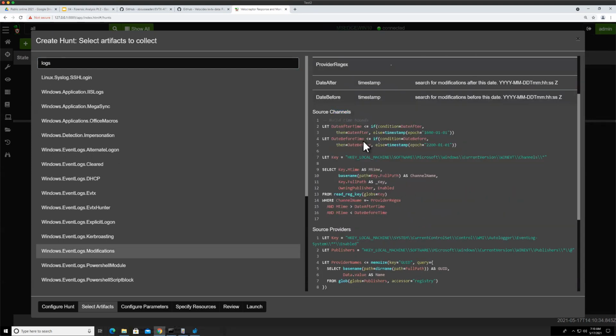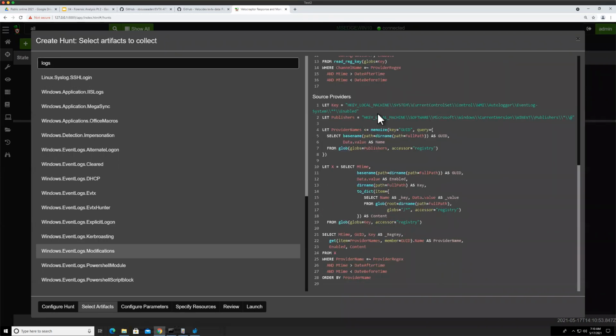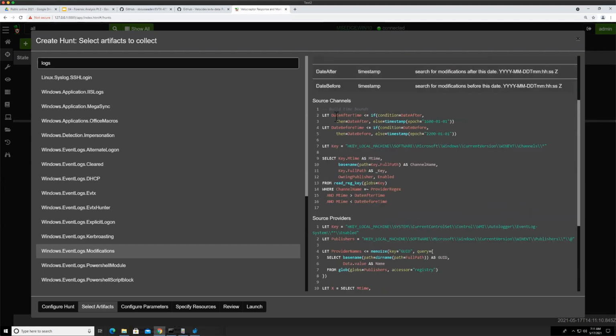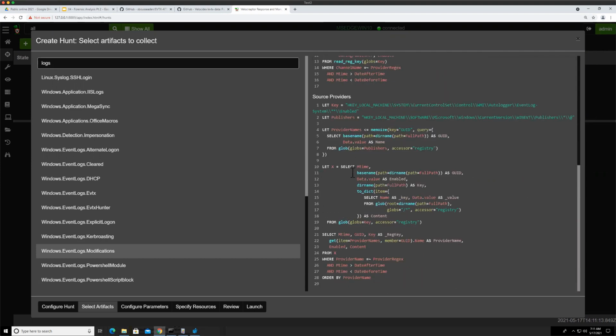So this is what we did now, which is basically the same thing, right? Looking at the time of modification, and basically we're looking at this key just as we did, but it's a slightly different one. And then this second one, there is also another place that you can disable the event log as well. There's more research that went into this, and you can actually disable it in a couple of places. You can disable the channel, which is what we've seen, or you can also disable a provider. There is a blog post that explains it in much more detail, but for the sake of this, we just